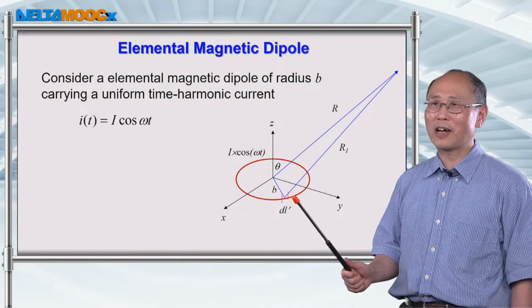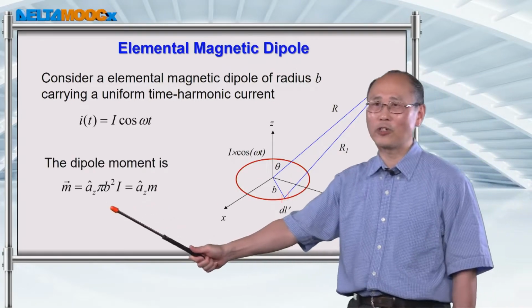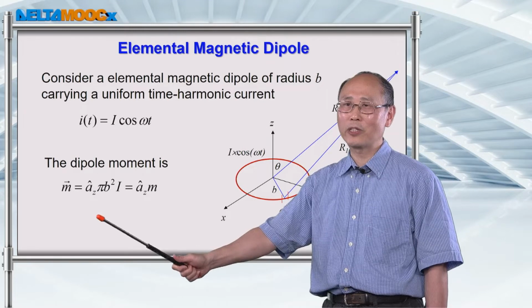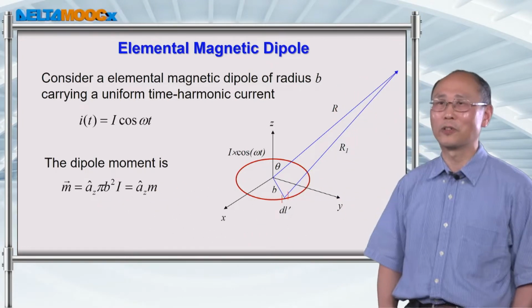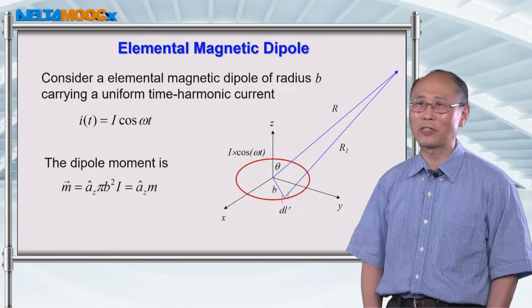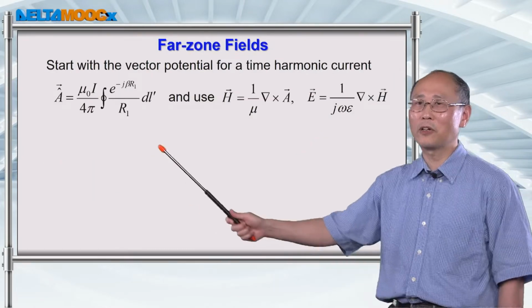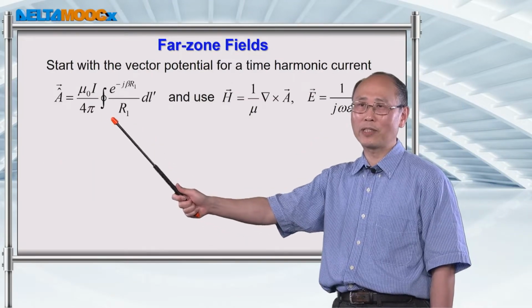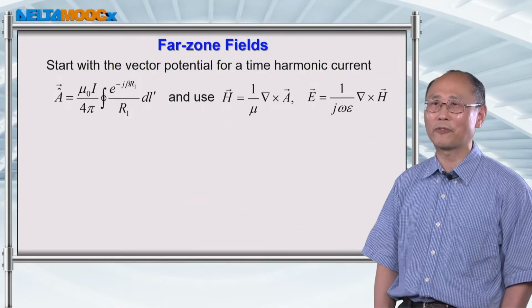Because this is the magnetic dipole, we can also write down the expression of the dipole moment, which is the current multiplying with the area of this current loop, given by this symbol m. And we're going to use this symbol m in our derivation. So let's go through step 1, step 2, and step 3 to calculate the electric field and magnetic field.